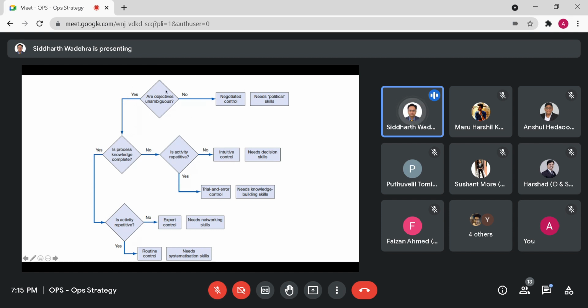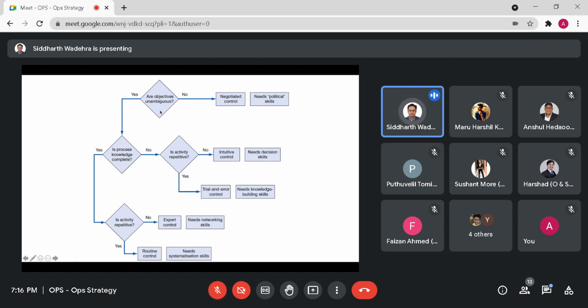And mostly starting from the top, you really have to look at the strategic bit, where the objectives of an organization are ambiguous, yes or no. There's a reason why I started from the bottom: when you look at it from a top-down approach, you always start with the strategy. You look at what's expected in terms of your objectives, where you want to go, and then walk down towards this. And then you look at knowledge, some of those activities. But when you look at it from a bottom-up perspective, you're looking at specific daily operation levels, at those routine controls or expert controls specifically, which could go wrong.